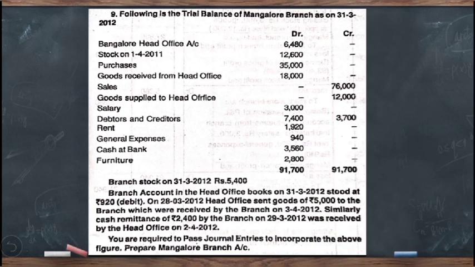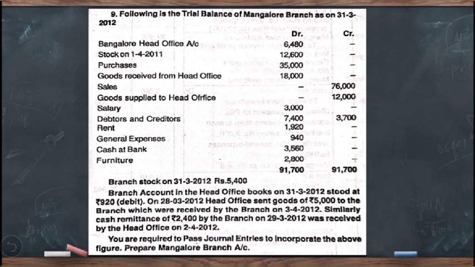sales 76,000, goods supplied to head office. This is the item which appear on the credit side of the branch trading account along with the sales and closing stock. Then salary 3,000, debtors and creditors 7,400 and 3,700 each, rent 1,920, general expenses 940, cash at bank 3,560, furniture 2,800. Then other adjustments given are branch stock on 31st March 2012 5,400, nothing but it is the